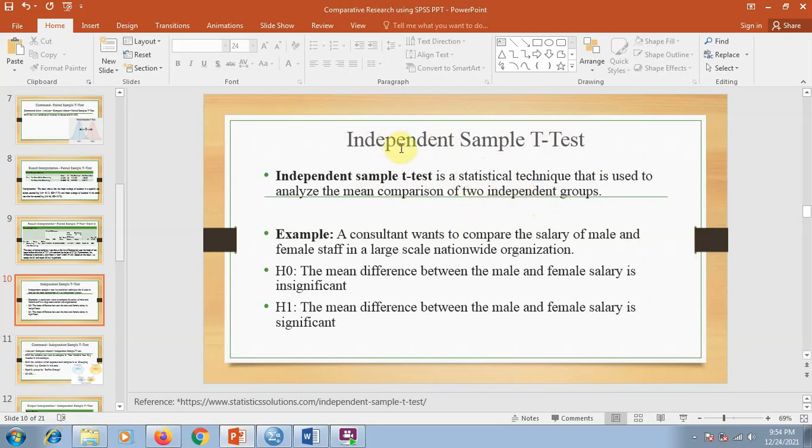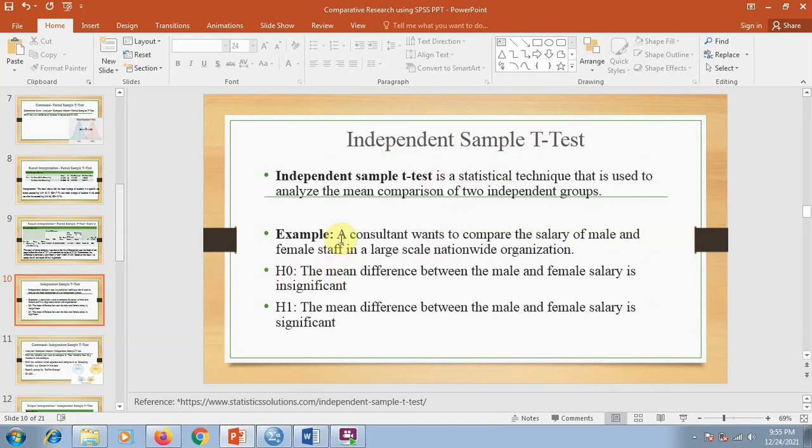So in independent sample t-test you can compare the means of two separate groups, such as male and female, such as students of two separate departments, or maybe you want to see the performance of a vaccine. So you may divide those who are receiving the vaccine into two different groups, and you administer the vaccine to one group and the placebo to the other, and this is how you can test it. So independent sample t-test can be used for gender-wise comparison, or maybe two different employee groups, etc.